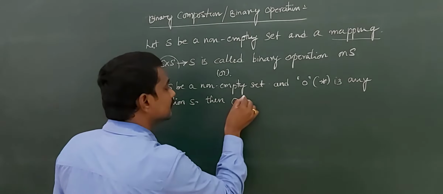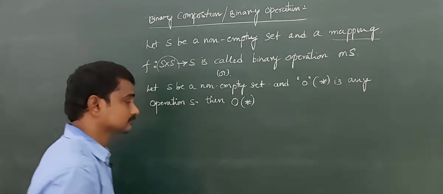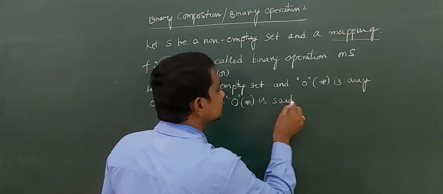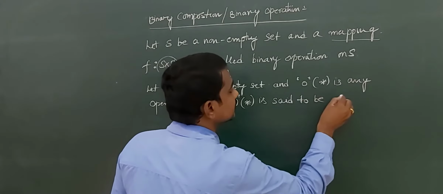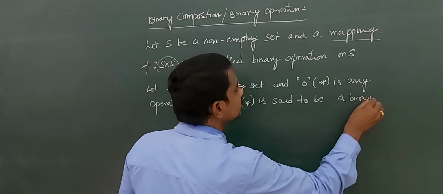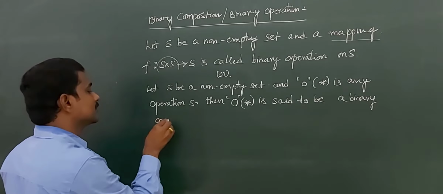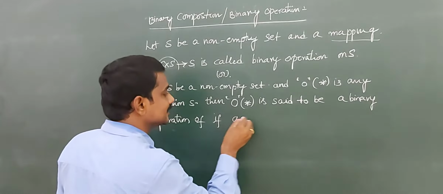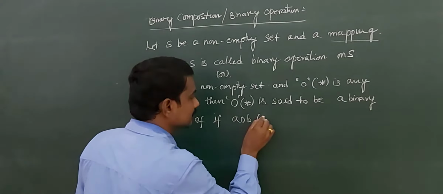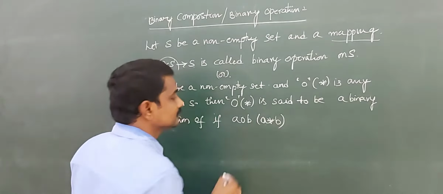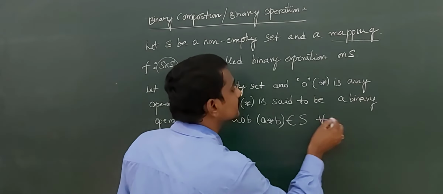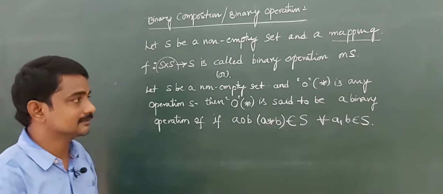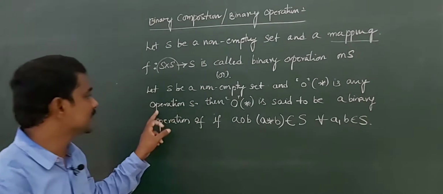Then circle or star is said to be a binary operation on S if a circle b, or a star b, belongs to S for all a, b belonging to S. I repeat, let S be a non-empty set and circle or star is any operation on S,